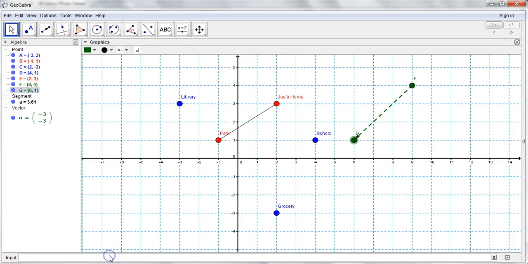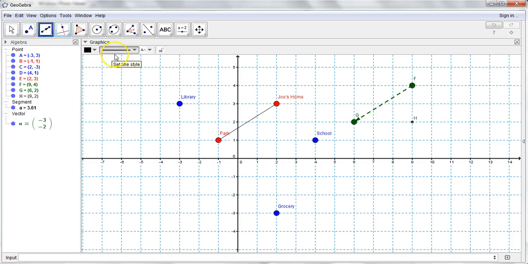So in my input bar down here, I'm going to click on it, and I'm going to insert a point. I'm going to use my parentheses, x-coordinate of F, so x of F, comma, y-coordinate of G, so y of G. So when I hit enter, there's my point H that pops up there. And so now when I move my G around, notice that point H will stay with it. So that's pretty cool, because now when we use our vector,